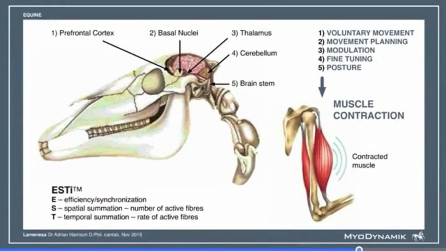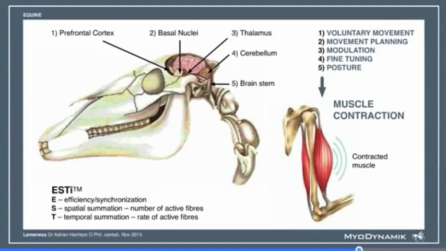Initiation of muscle contraction starts with a trigger of a voluntary movement sequence in the prefrontal cortex, with movement planning in the basal nuclei, with sequence modulation in the thalamus, fine-tuning in the cerebellum, and adjustment for posture in the brain stem. However, despite this complex sequence of events, the central nervous system ultimately only actually controls 3 parameters when